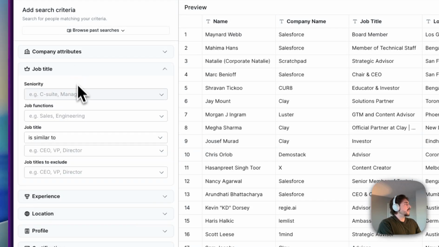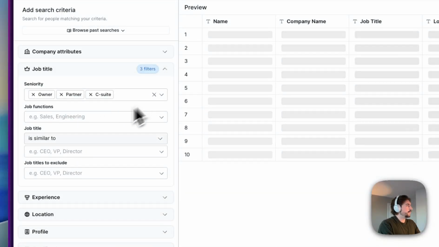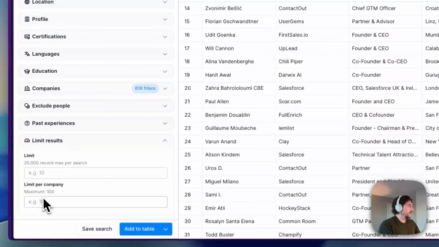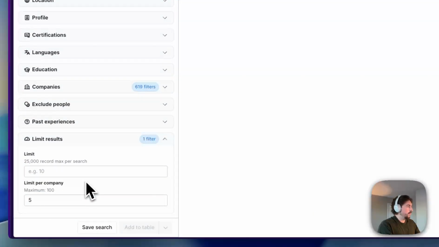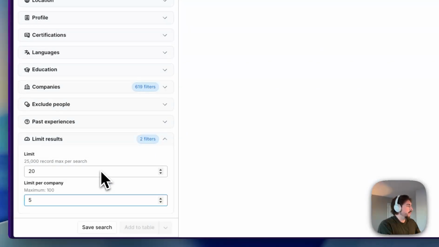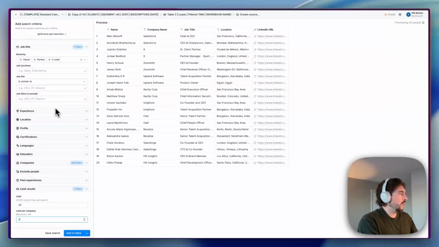Cool. In this case, we'll keep it as simple as possible. C-suite. And then, honestly, that's fine. And then we'll just say 5 people per company, and I just want 20. We'll say 2 just to get more coverage. Cool. Looks solid. And then as well, one other thing I do want to mention is some of these companies